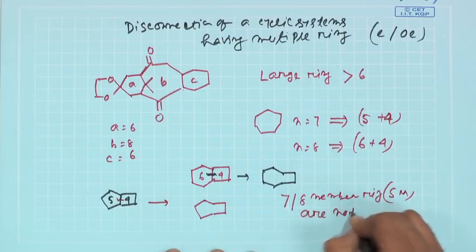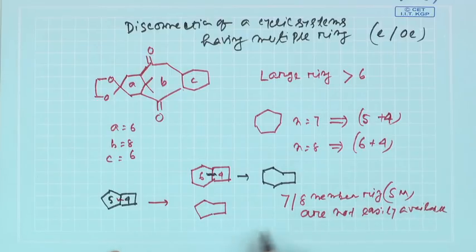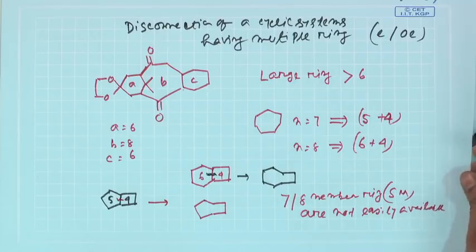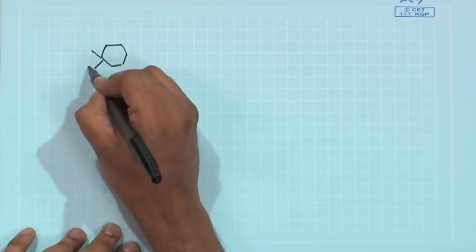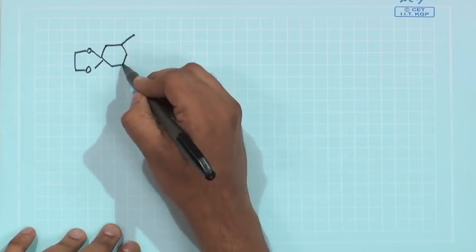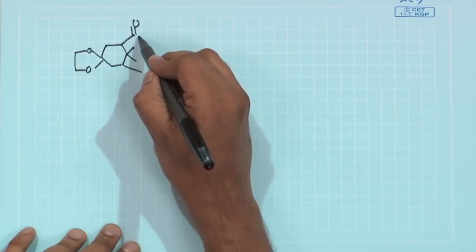That is our main message. But on the contrary, 5-member ring and 6-member ring containing starting materials are easily available. So, now coming to this particular problem which I have just now drawn, we will be drawing it again. You are having a 6-member ring, then this part is your protection, here you are having this bridge,